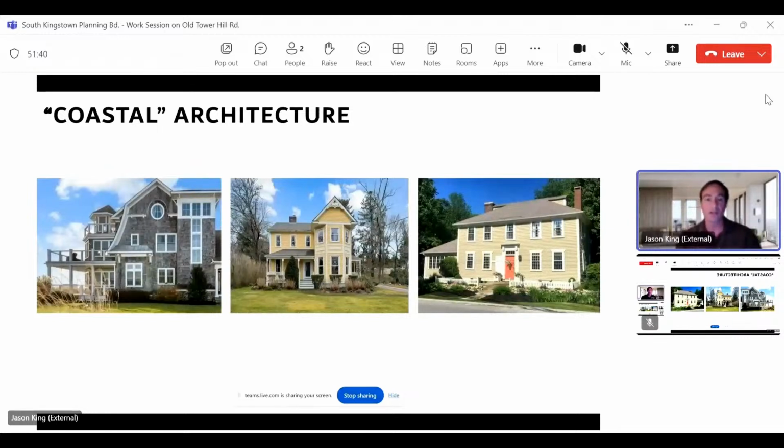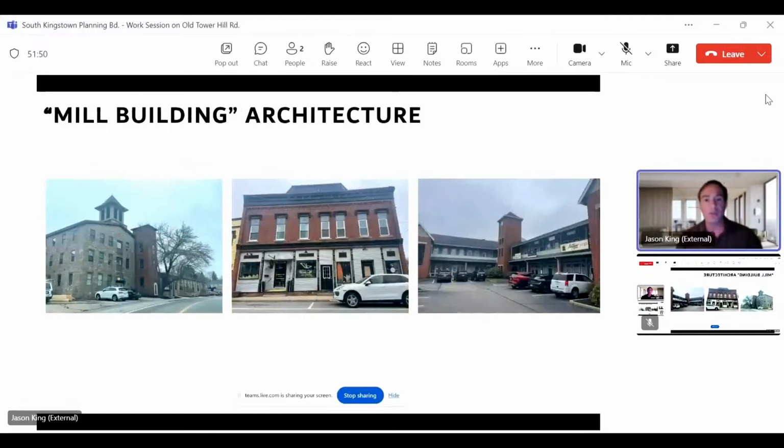There's the salt box, there's a Victorian, there's a neoclassical structure. My point is that people talked about coastal architecture, and then people talked about mill building architecture. As a mill town, Peacedale area, Wakefield area, it's a whole different aesthetic. It's the brick aesthetic instead of the lighter wood. It's the darker colors instead of the colors that you're finding on a seagull. It's a whole different, the towers and the cupolas and the pitches of the roofs, the lintels and the sills, everything is different in the mill architecture.